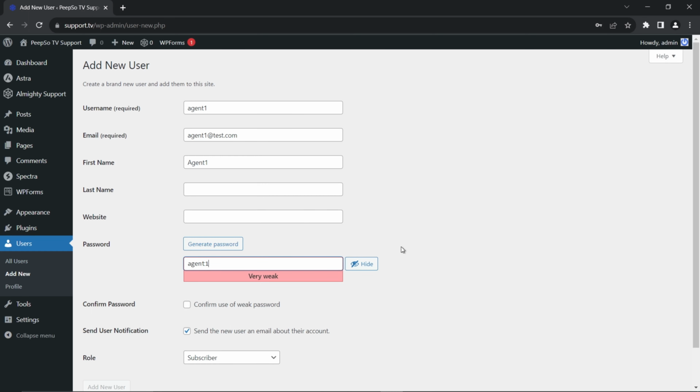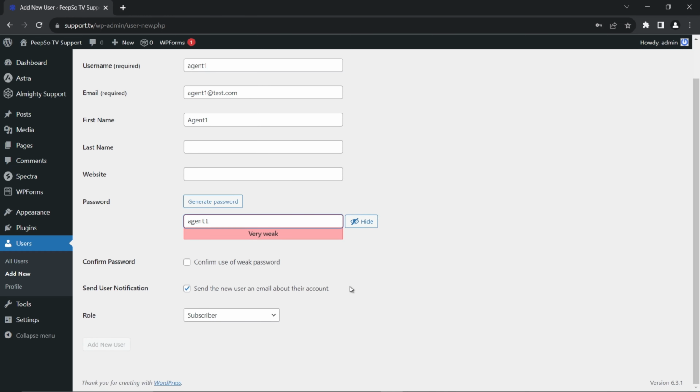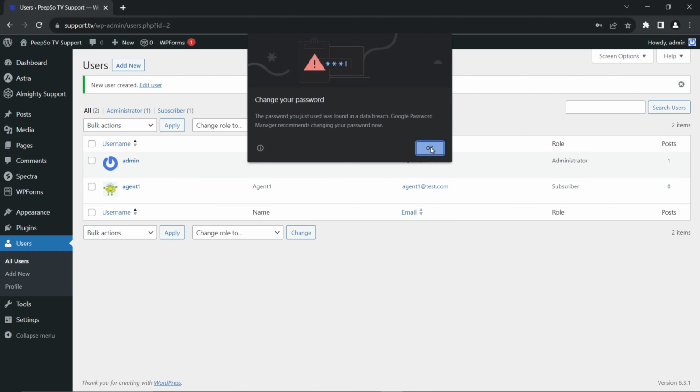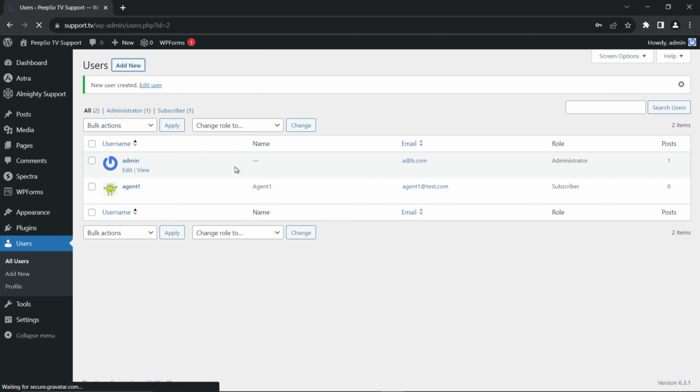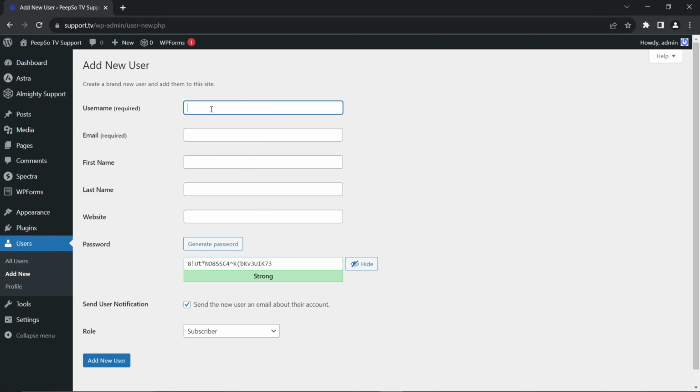Like I said, if I start making random users and random information about them, I will lose track who is who. You don't have to change the role when you create a user. We will do that in a different way. So WordPress roles are not important in Almighty Support, okay? So add this user, and I'm also going to add another user, which is going to be a client